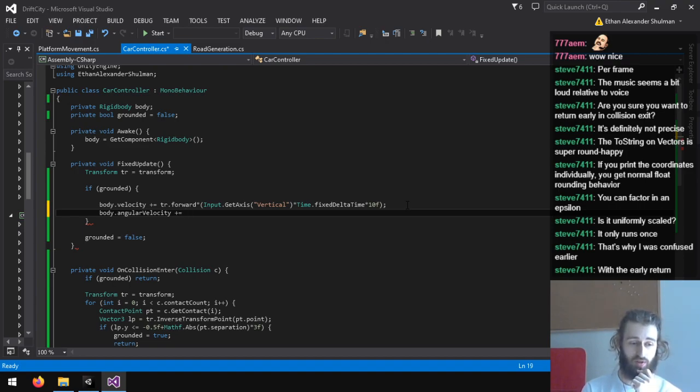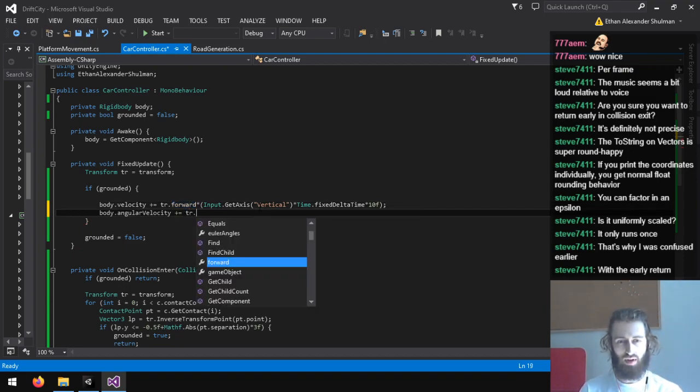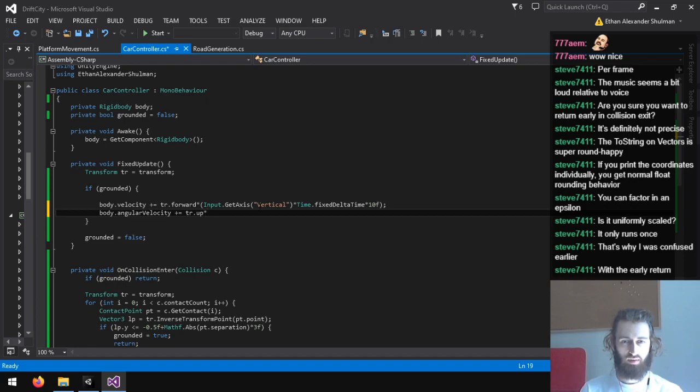I guess it's logical, but how do we add to the angular velocity? So I think forward would be roll, up would be turning left and right. So maybe if we add up,